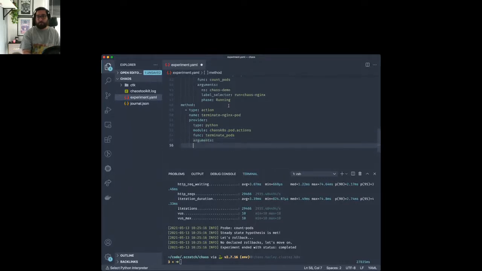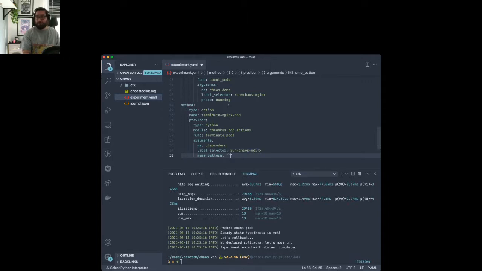We'll give that some arguments, the namespace yet again, and the label selector. And a name pattern, which it will use to pick what pods it's going to kill or have as candidates to be killed. And this will be a regular expression.